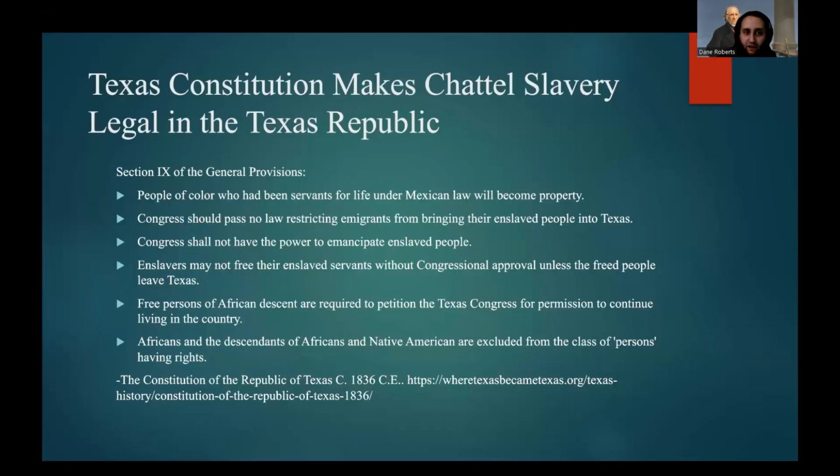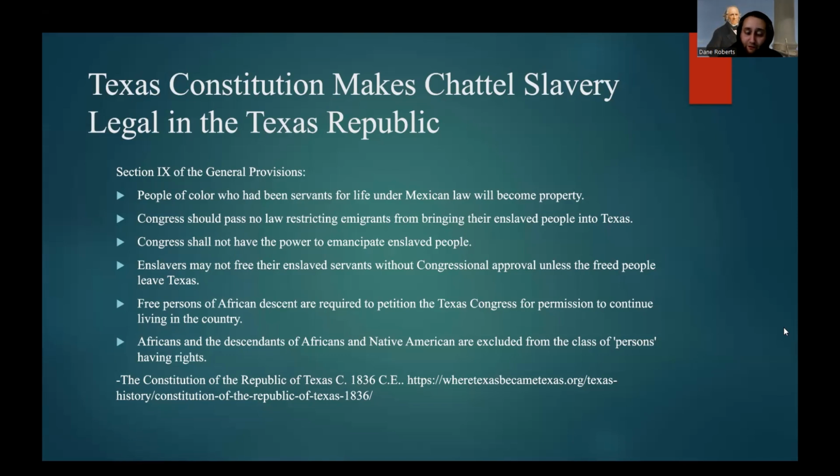And as I said, the issue of chattel slavery was very integral to the Texas Constitution, with the Texas Constitution making chattel slavery legal in the Texas Republic, specifically in Section 9 of the General Provisions, which stated that people of color who had been servants for life under Mexican law would become property, that Congress could pass no law restricting immigrants from bringing their enslaved people into Texas, that Congress could not have the power to emancipate enslaved people,